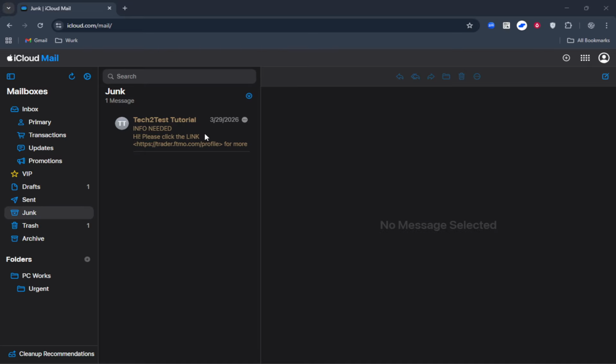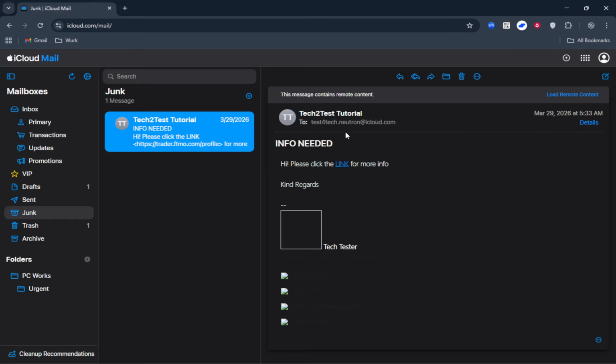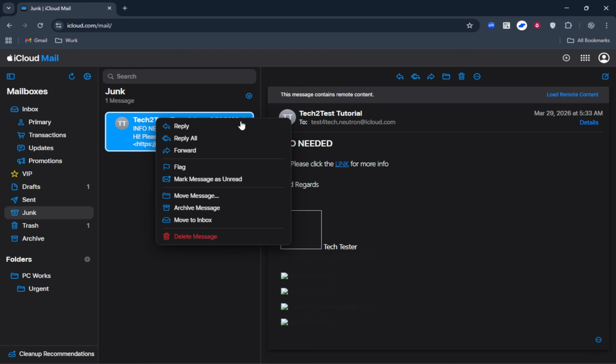Keep in mind that messages in junk aren't stored forever. iCloud automatically deletes emails from this folder after 30 days, so it's a good idea to check it regularly. Weekly is a solid habit, especially if you're expecting an important message like a receipt, verification code, or a response